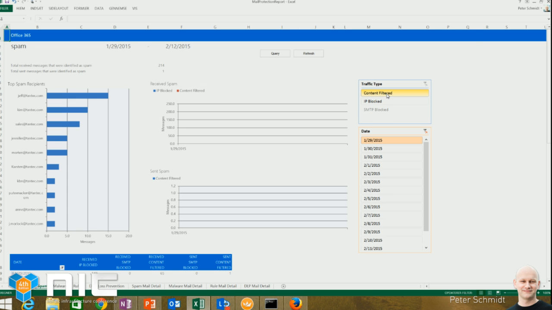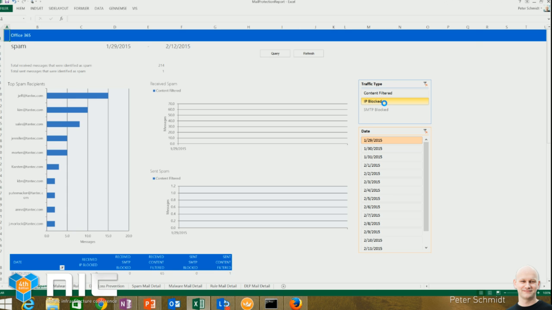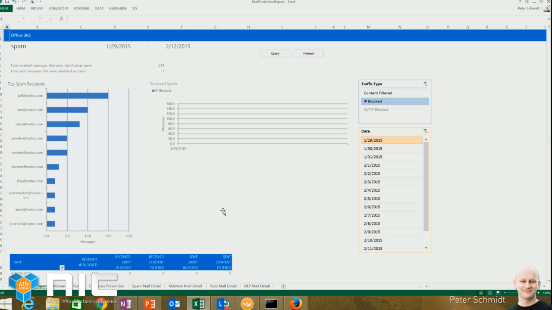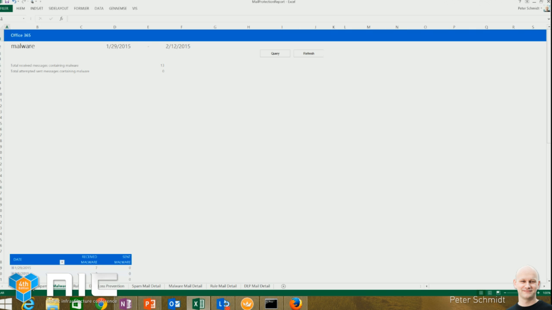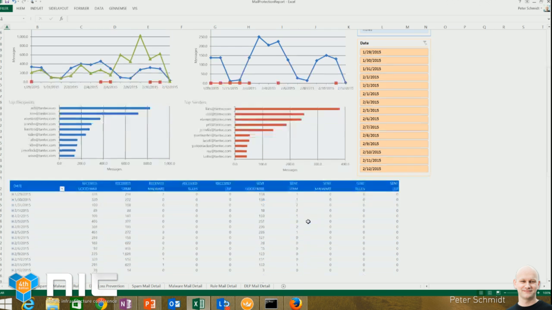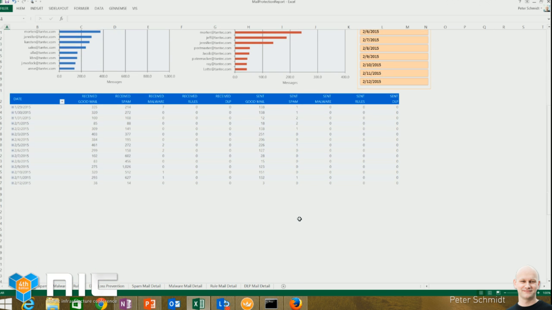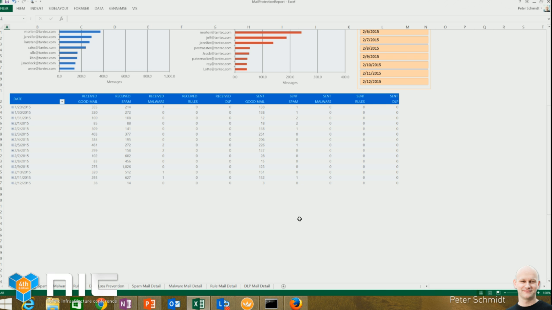You can see at what level things might have been blocked. If you're using any of the data loss prevention, you can see which of the rules actually triggered in any of these cases. Or you can work on traffic in general. So that's good, just to give you an overview of the reporting features available with EUP.